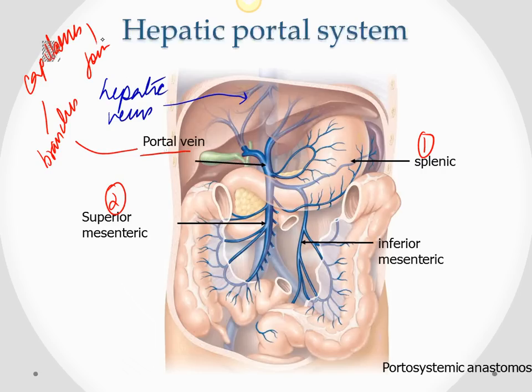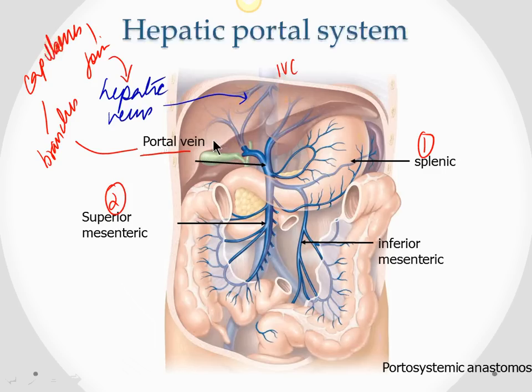Those will join and then finally form hepatic veins. And now the hepatic veins drain into the inferior vena cava. So here you can see the inferior vena cava. So you can see these hepatic veins draining into the inferior vena cava. So that's how blood reaches the liver, gives up its nutrients, and then the deoxygenated venous blood goes finally into